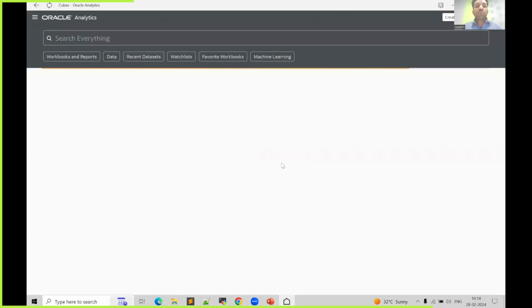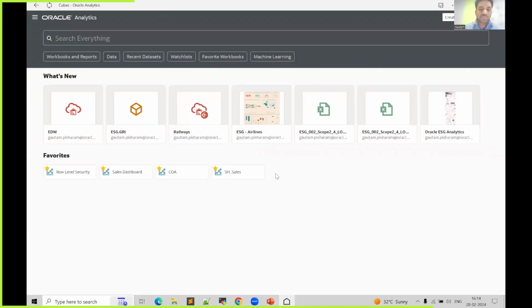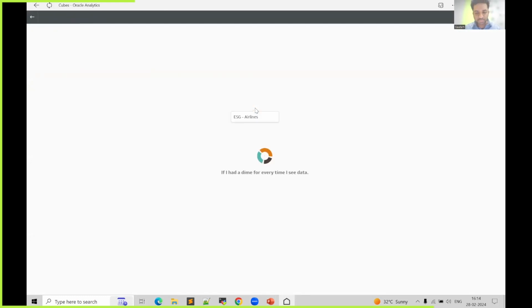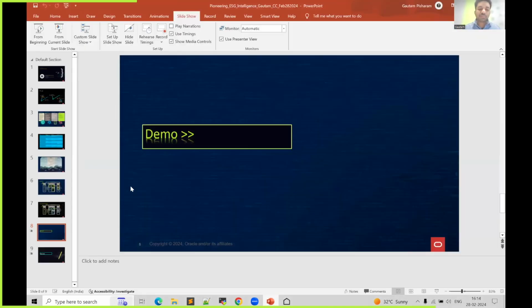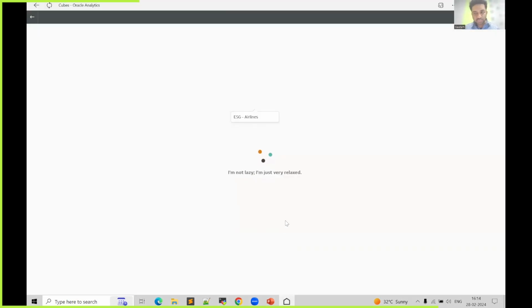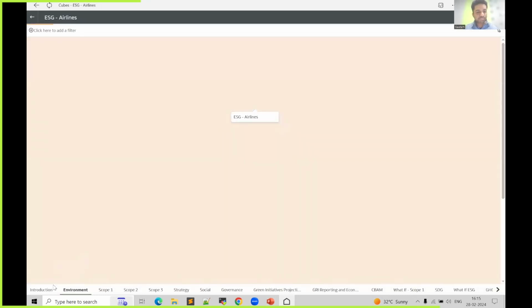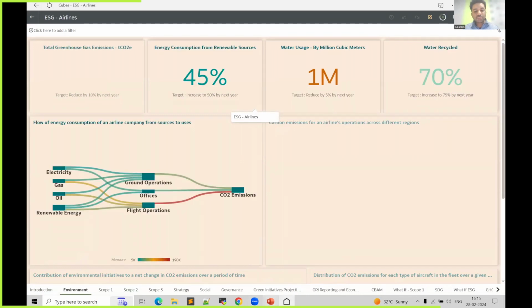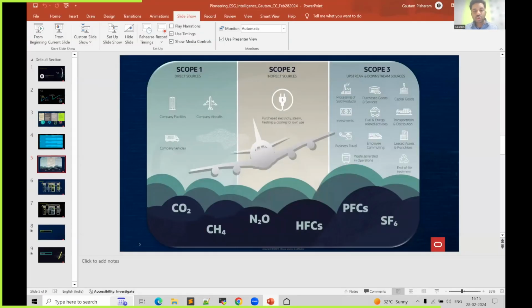Okay, so now we are within the Oracle Analytics platform. Let me open the dashboard. This dashboard again goes back to the same example that we are looking at. We are looking at how an airlines company could benefit from the framework that we are discussing here. If I have to show you the dashboard, it basically starts with the same infographic that we highlighted as part of the presentation, which talks about Scope 1, Scope 2, and Scope 3. So if I go back into my dashboard,